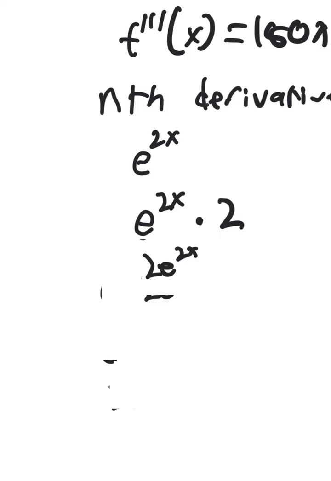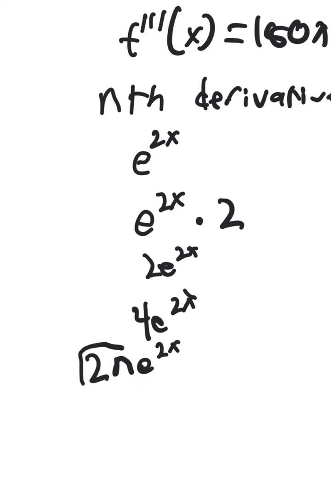Now what if we wanted the second derivative? We can take another derivative. Then we just multiply by 2 again because of the chain rule. Everything else is the same, and we just have to do the chain rule again. So 4e to the 2x. If we notice, every time we take a derivative, we're just multiplying by 2 again because of the chain rule. So we can write this as 2 to the n, where n is the number of derivatives we take, times that same e to the 2x. And this is our solution for the nth derivative of this term. This is a pretty uncommon question, but it's important to be prepared just in case it happens to come up